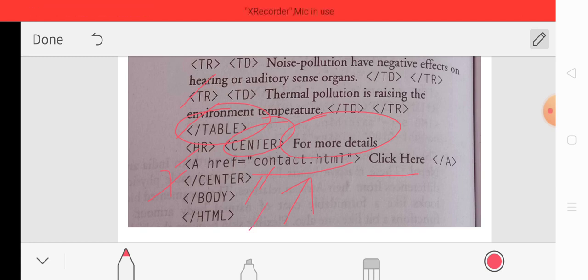So this is the question to design a web page. I hope now you are able to understand this type of question and answer them if they are asked in your examination. So first of all, identify the text, then read the instructions very carefully, that what type of setting is required to design such type of tag, and according to that just implement the web page. Okay, so this is basically a long answer type question and may be asked in your examination, and this type of question is asked in many examinations. So I hope now you are able to understand this type of question.